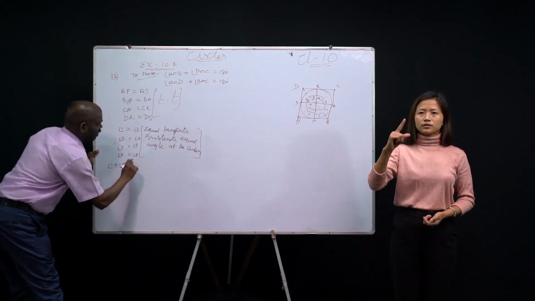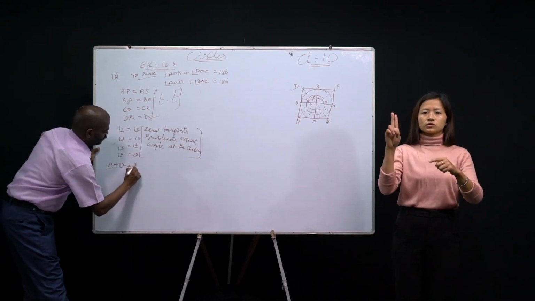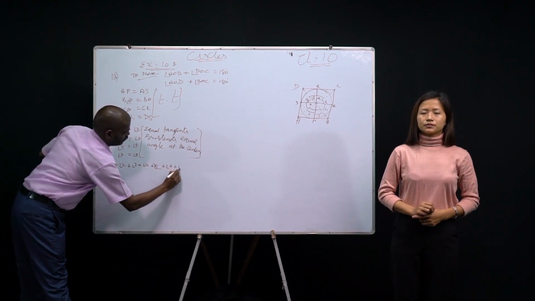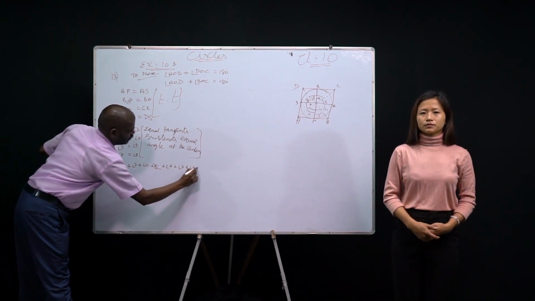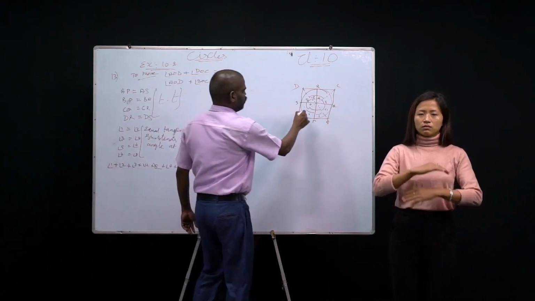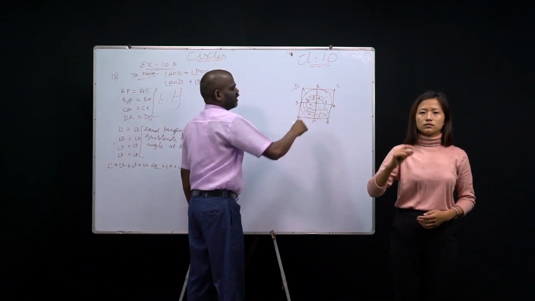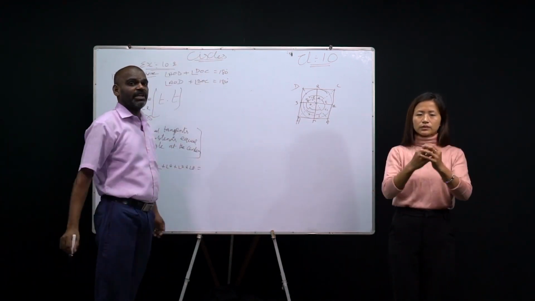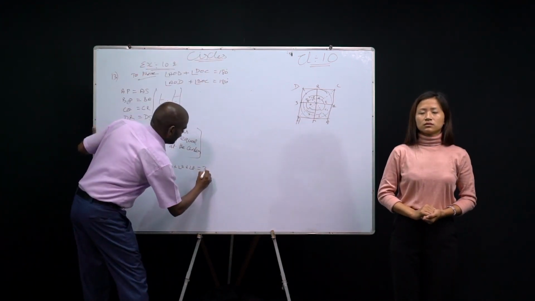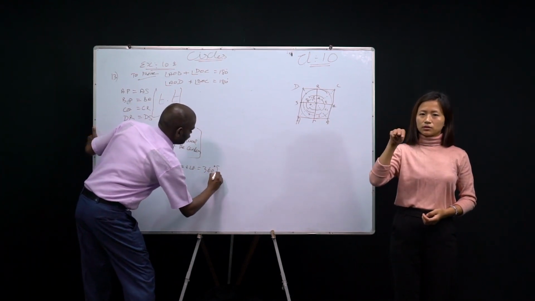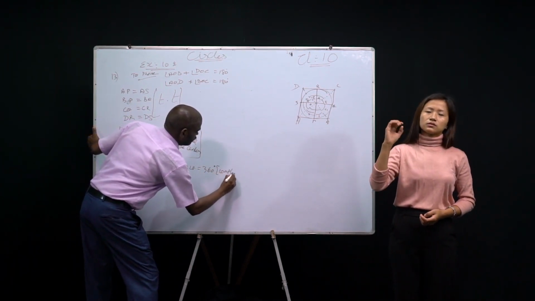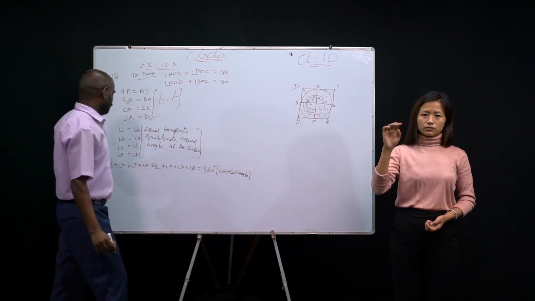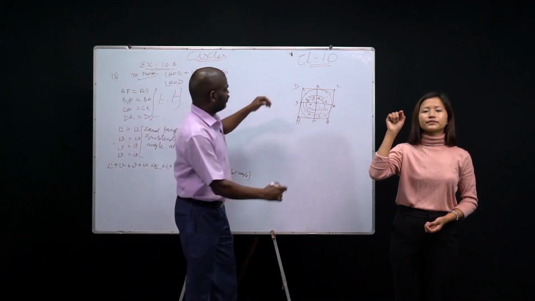Okay. Now, all the angles 1, 2, 3, 4, 5, 6, everything you are going to add together. What will you get? You will get a complete circle, isn't it? Circle has how many degrees? 360 degrees, right? Complete angle.